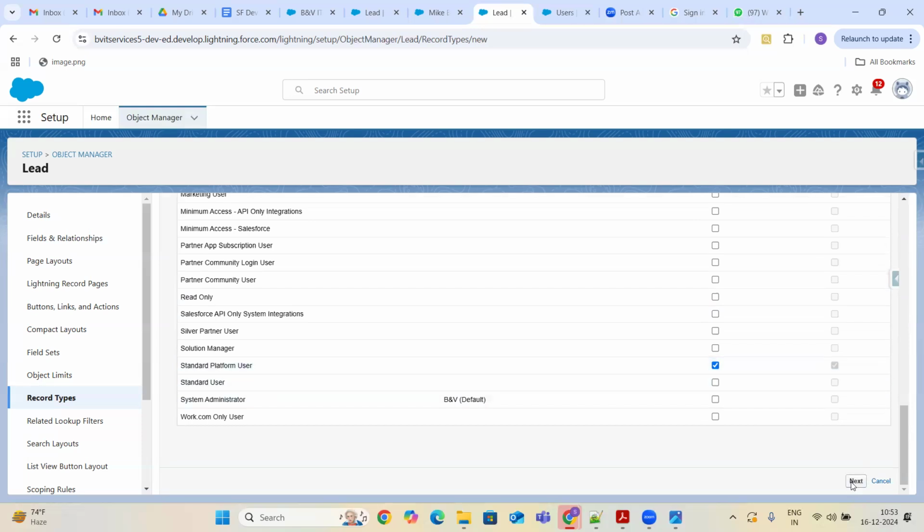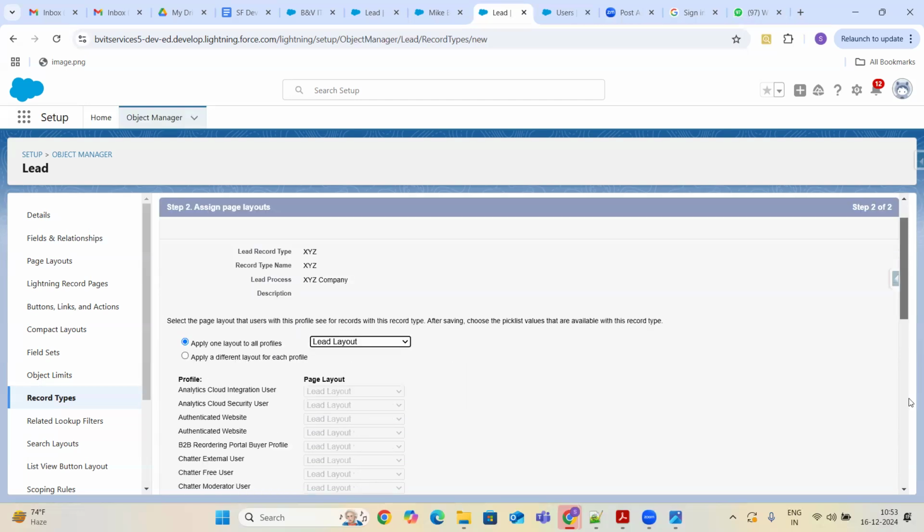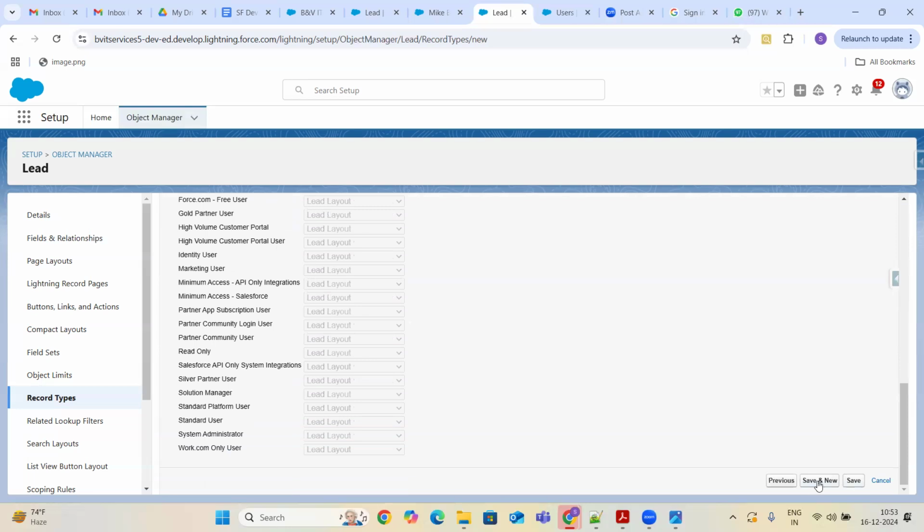Click on next. For the page layout, make it the lead layout. Click on save.